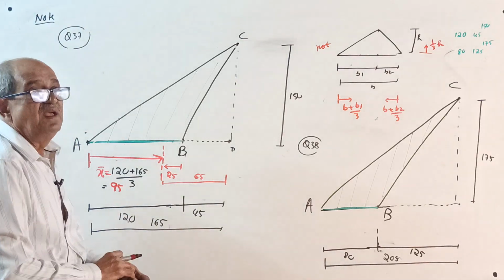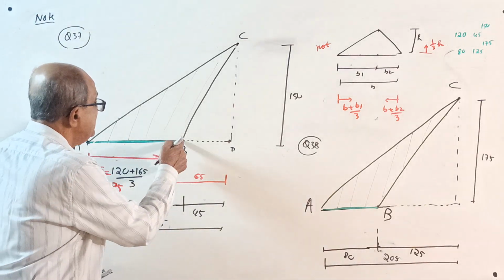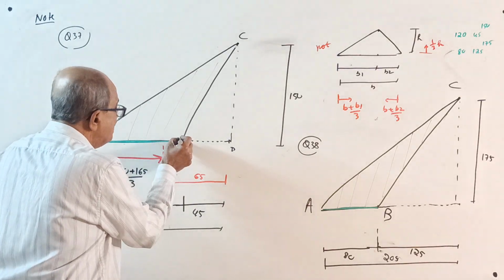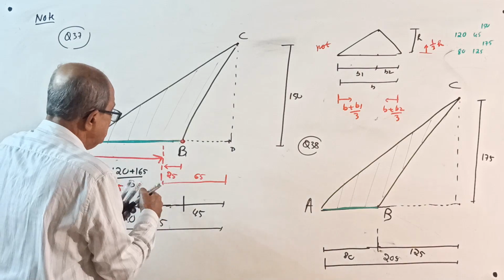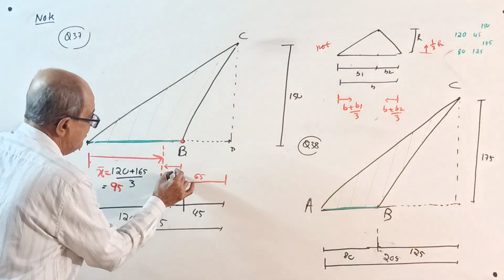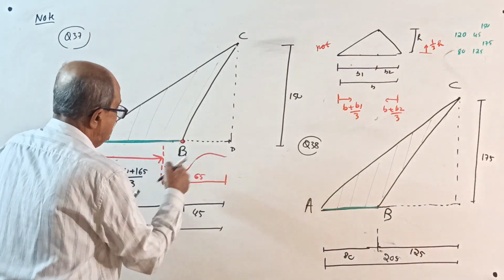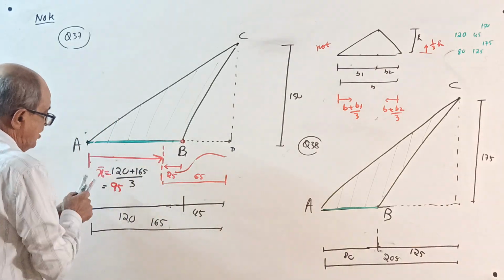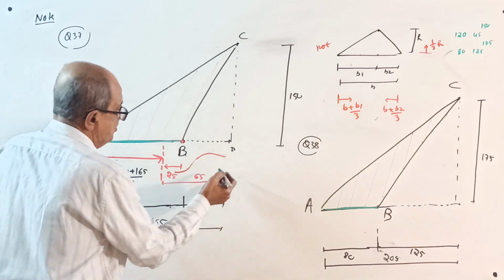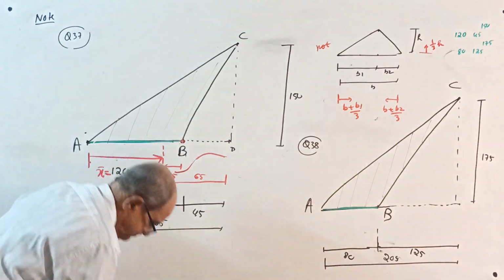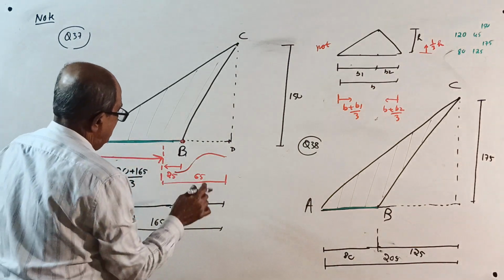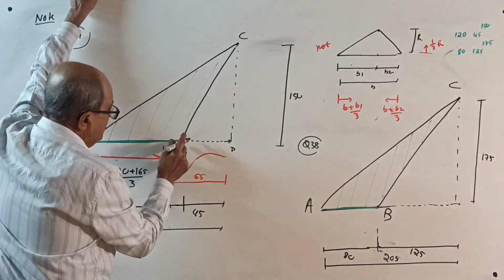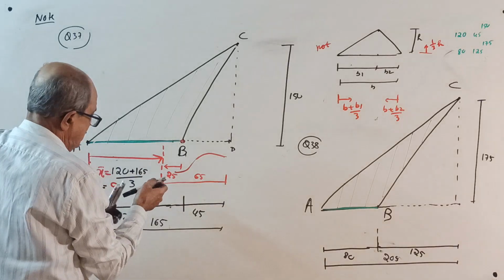Okay. Then he asked, sir, what about from here, sir? Okay, if you want from here, suppose this 25 you want to calculate. See now, this is the base. How much base? He told, sir, 120. Okay, very good. Base is 120. Be careful. From here if you want, it is 120